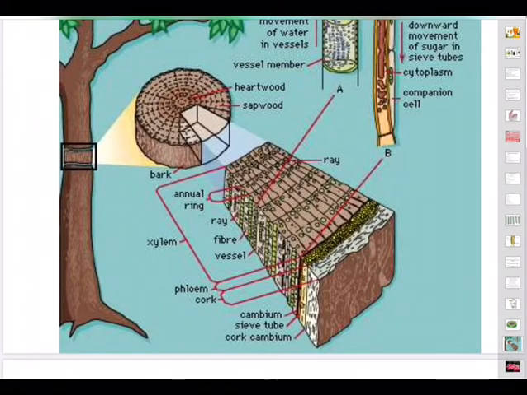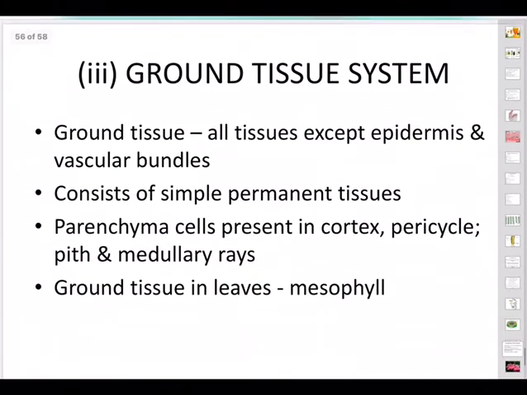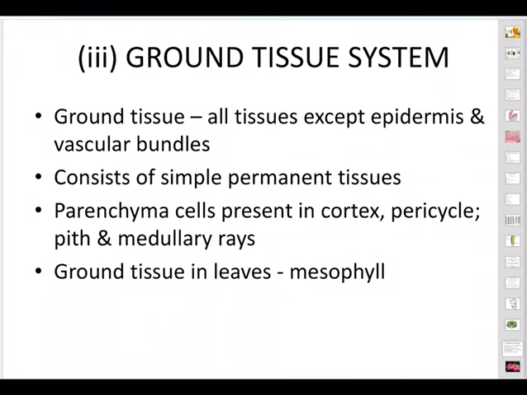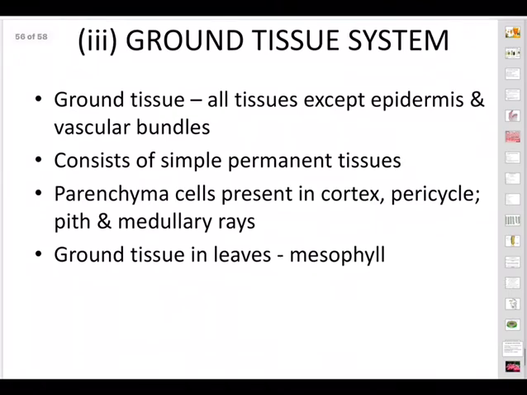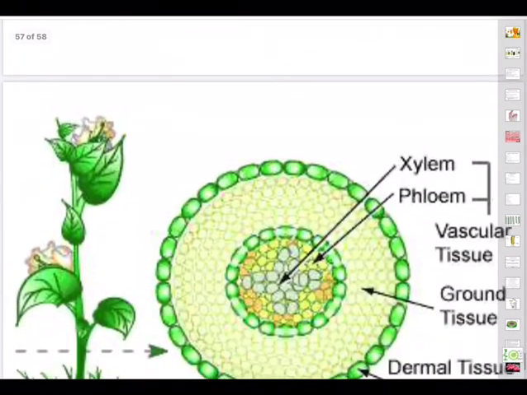So various parts, please identify and think what is the function of that part, what is the significance of that part. And now, ground tissue. Ground tissue is very important because it gives mechanical support. And the ground tissue consists of the cortex and pericycle, which have very strong cells. The cortex will be very, very strong, and pith also will be there, but it is reasonably flexible.